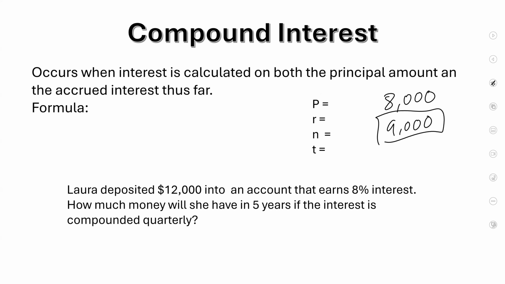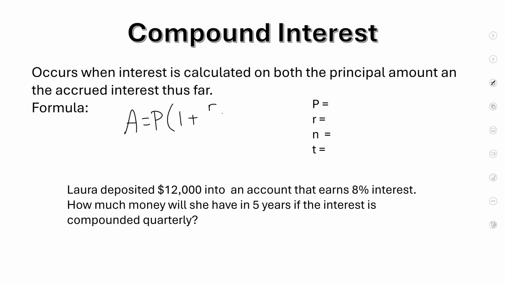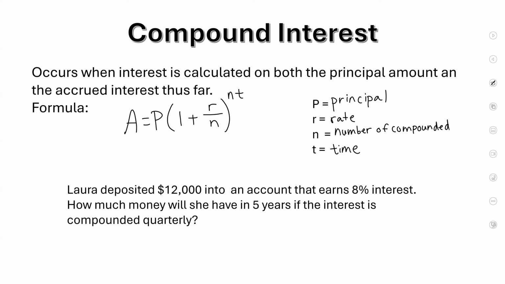All right, so the formula is your principal times 1 plus the rate divided by n to the power of nt. P is your principal. All of these remain the same. This is still your rate. This is still time. The only difference is we have the variable n, and n stands for the number of compounds. How many times it's compounded? Number of compounds